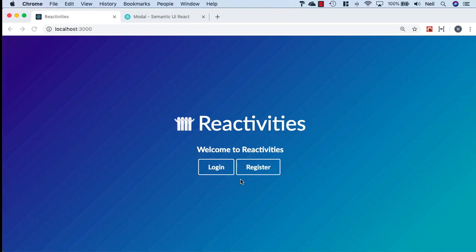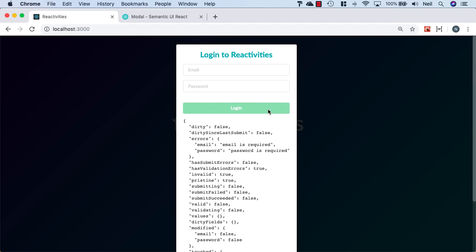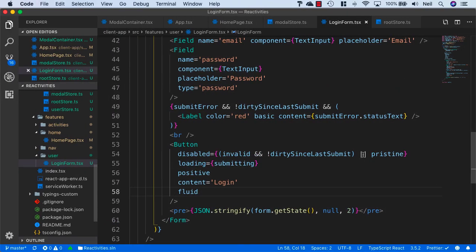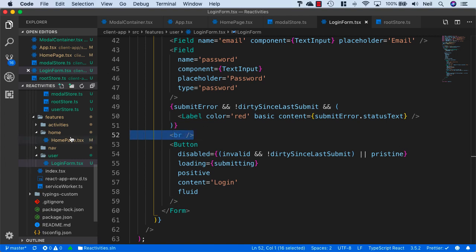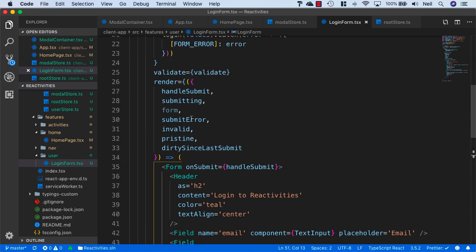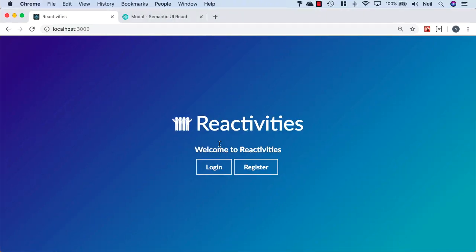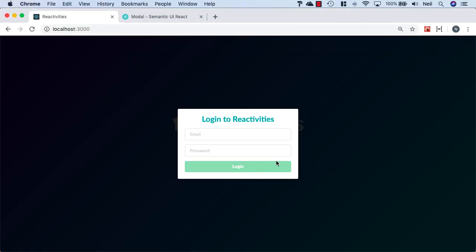And let's go back and take a look at this, and if I click login, then that part's okay, but I've forgotten to remove this, so let's go back to the login form again, and I'll take out the JSON stringify content for our form state there. We also don't need this break anymore either, and let's just remove any unused imports here or properties, and I can remove the form, and let's go and take a look now. And if I click login, that's a bit better,